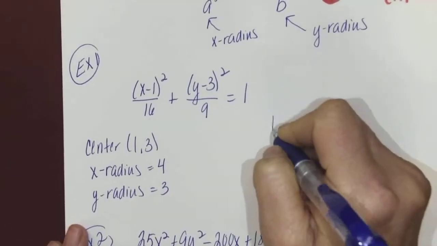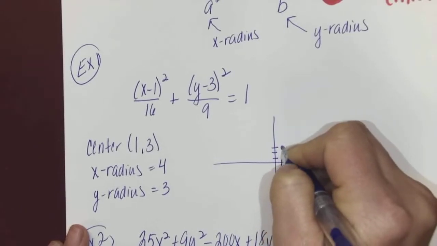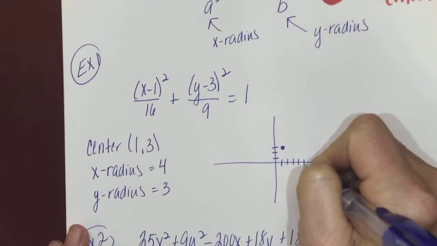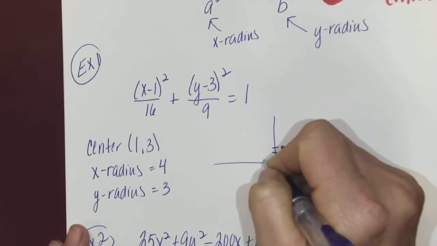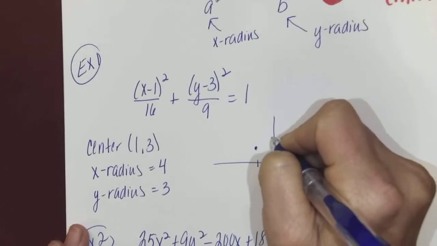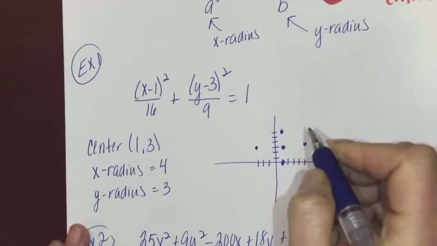So then we go right away to graph it. My center is 1, 3. Plot that. X radius is 4, so I'll need to go 4 to the right and 4 to the left. My y radius is 3, so that's 3 up from the center and 3 down from the center,